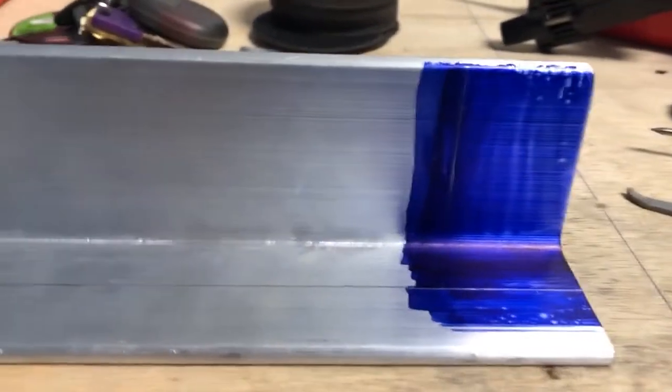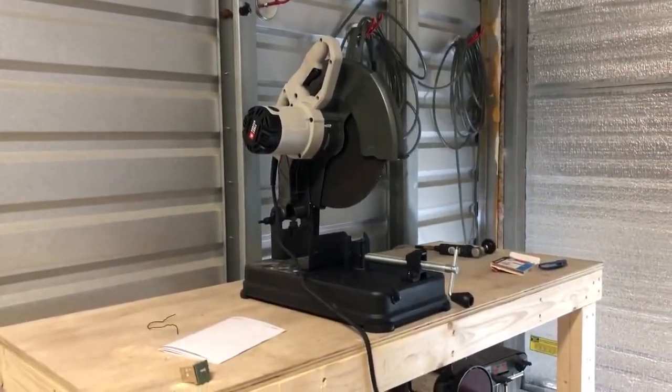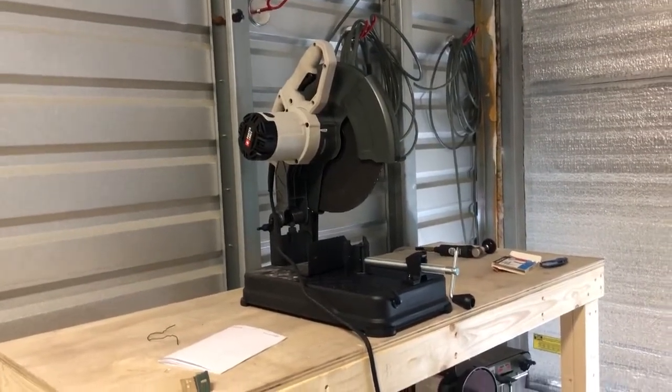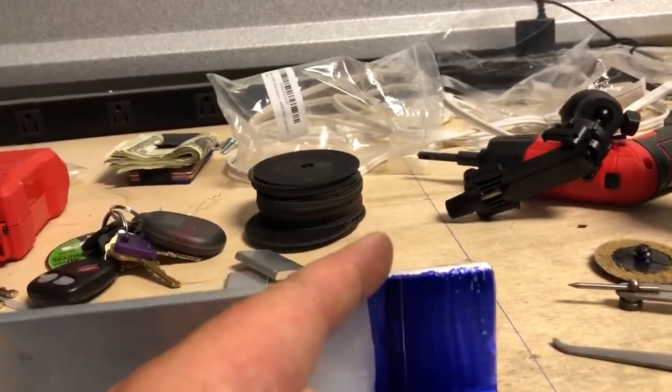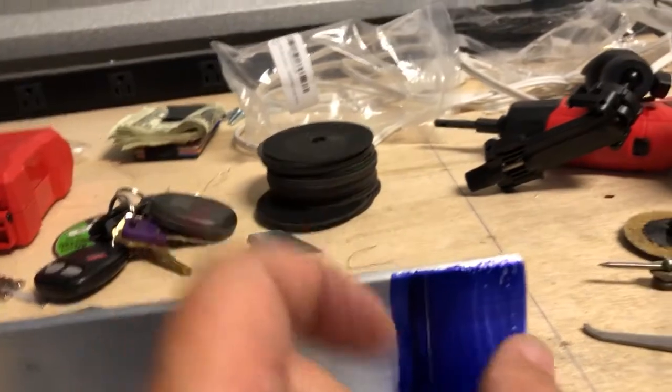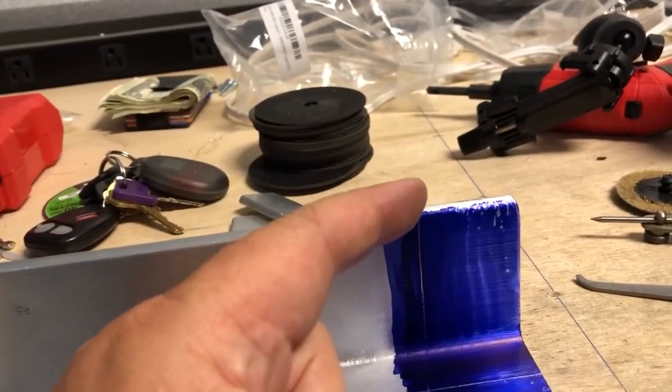So let me get this set up on the saw, and I will tell you this, I'm going to try that guy, Porter Cable. That is a metal chop saw. So I got that as well, so I'll get that set up. And then I should be able to get, not should, but I will be able to get this angle. I'm gonna go a little bit fat on this. It's all right if this is a little bit wider than normal,